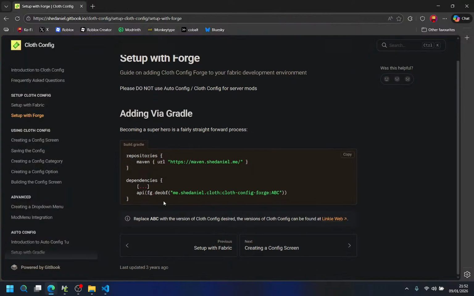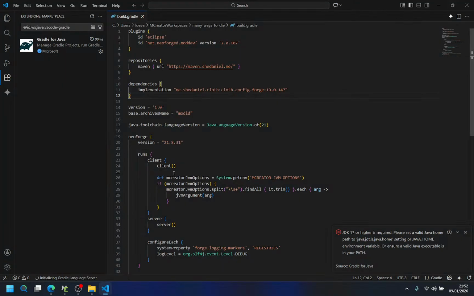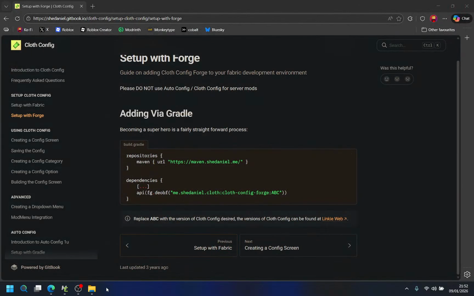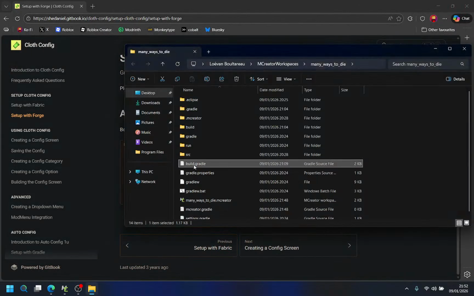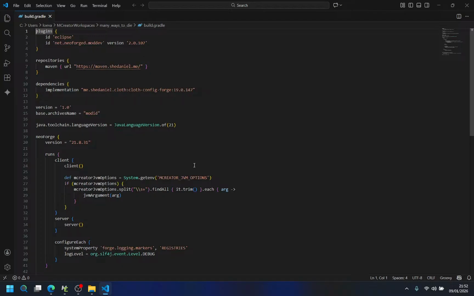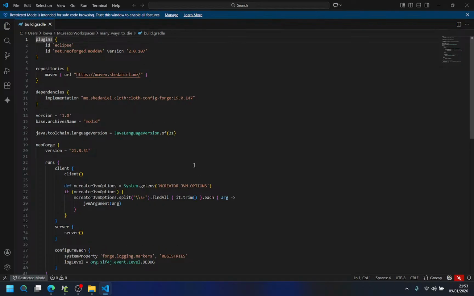Now I want to be sure. So this I know I fixed already. But apparently it still doesn't work. So wait, I'm gonna restart all of this. And there we go. Does it work now? I have no clue.